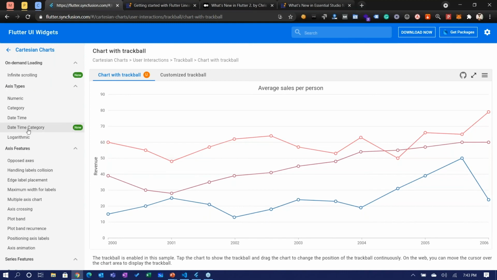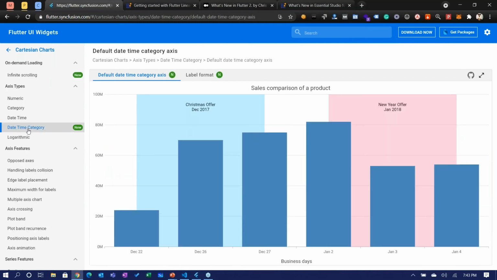And then the datetime category axis. Datetime category axis is basically, for example, if you have a datetime axis and you want to show only the work week, then you don't have any data on Saturdays and Sundays in the weekends. So there will be a space out there.